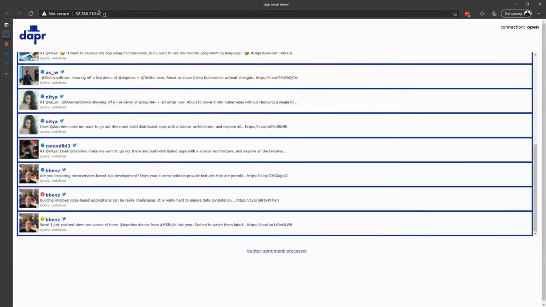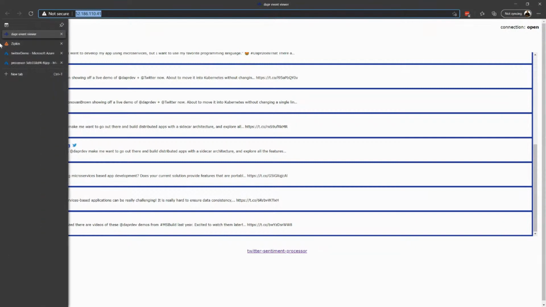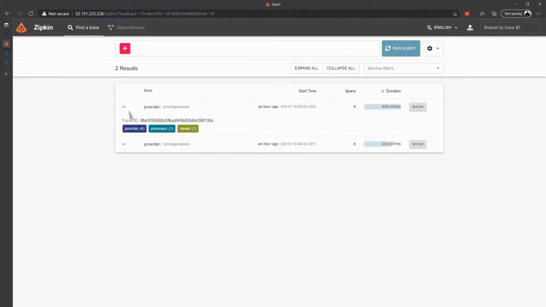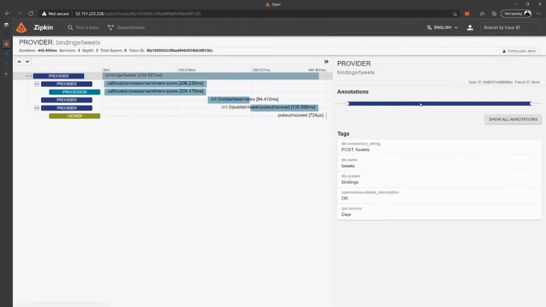As you can see up here, this IP address is to a Kubernetes cluster that is running this particular application, the same one you saw running locally before. I get the same Zipkin, but instead of running against localhost, this is running against the cloud, and you're getting the exact same type of tracing that we got before, even though this cloud code is now running inside of Kubernetes instead of running inside of my development machine.